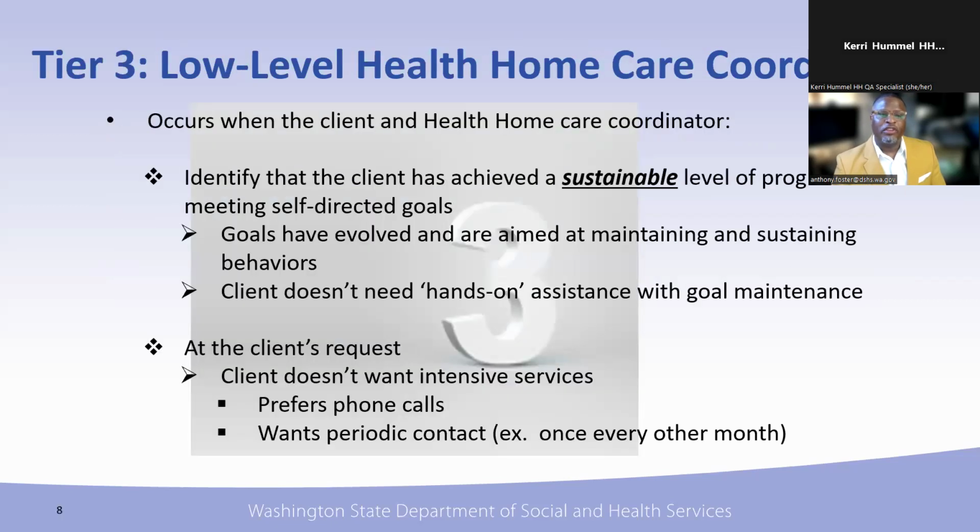So let's transition over to tier three, which is a lower level of health home care coordination. And this occurs when the client and the health home care coordinator identify that the client has achieved a sustainable level of progress toward meeting self-directed goals. The goals have evolved and are aimed at maintaining and sustaining behaviors, and the client doesn't necessarily need that hands-on